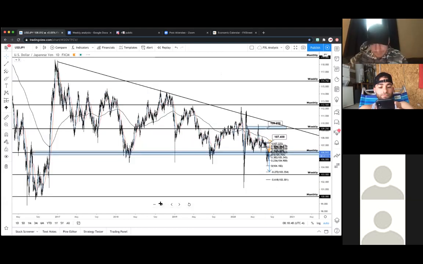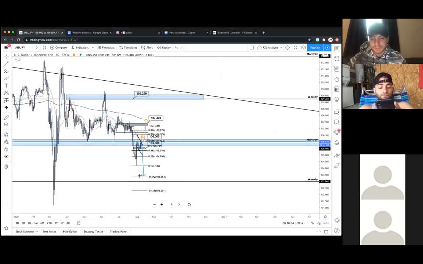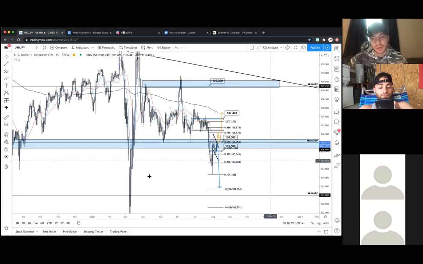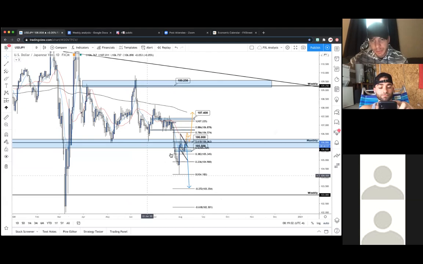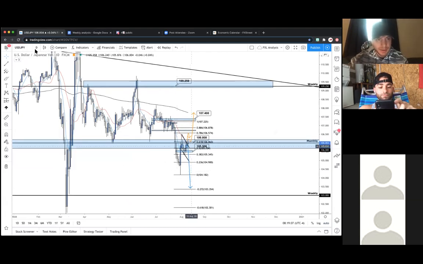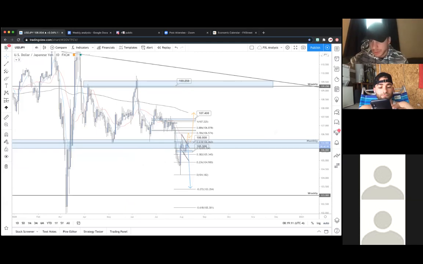So we recently just broke that. So we're not going to change the trend or anything, but it's just further building on our already bearish bias, okay? So we're breaking through support. Now it's pulling back. We're looking to get another leg to the downside. Let's drop to the 4 hour and get an idea of current price action.